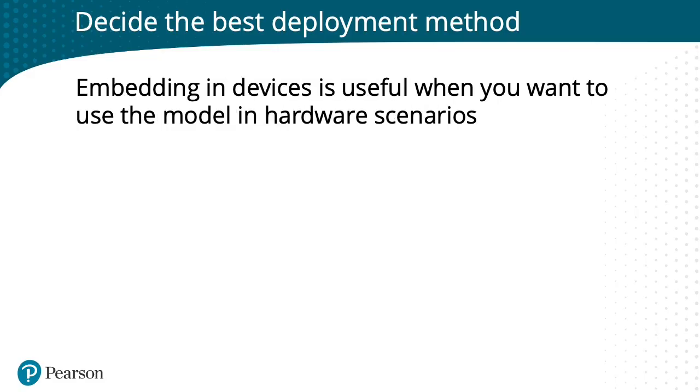And again, embedding models in devices is actually pretty cool, but it's really useful when you're in more of a real world environment like manufacturing, or maybe even in agriculture where you have a robot that's going through fields and taking pictures of plants to see if anything has a particular disease or if the crops are ready to be harvested. So there's a lot of different scenarios for embedding machine learning models on IoT devices these days.